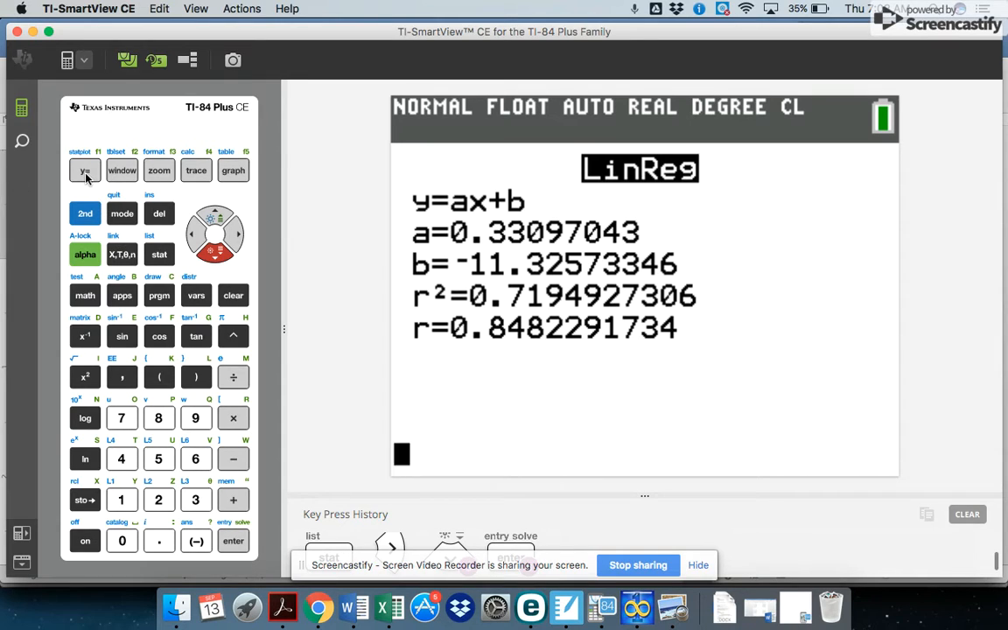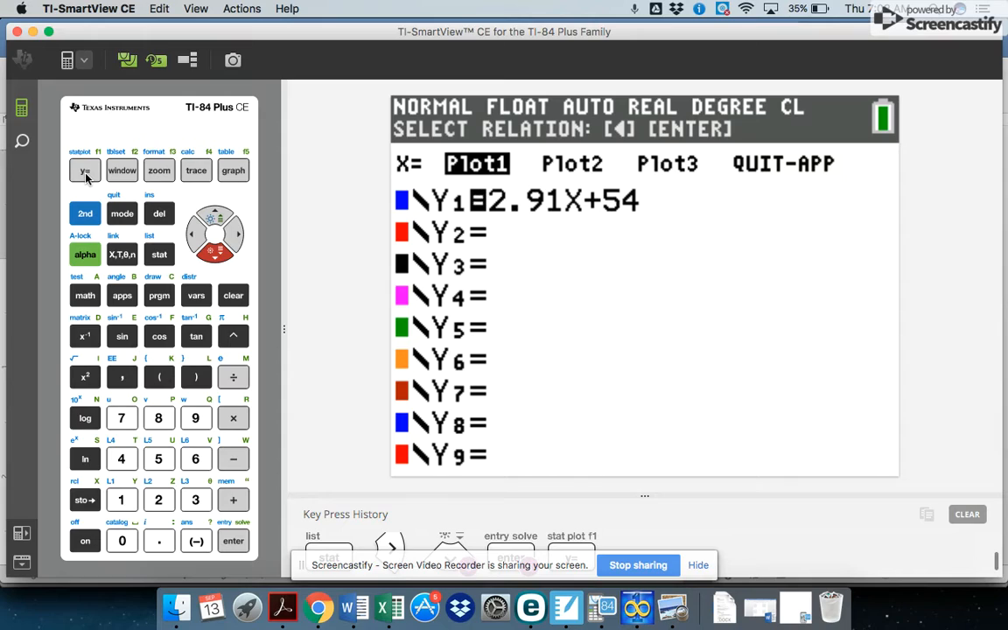So what I'm going to do next is I want to plot this line. I'm going to go to my y equals screen. And I'm going to enter that right in here. I'm going to say 0.33. Our x is this X,T,theta button here right next to the green alpha button. And to that, I'm going to go minus